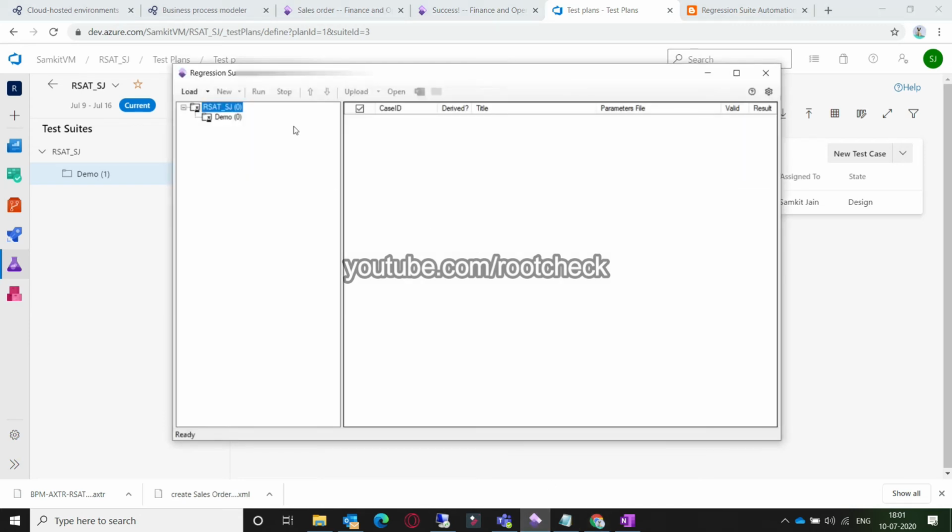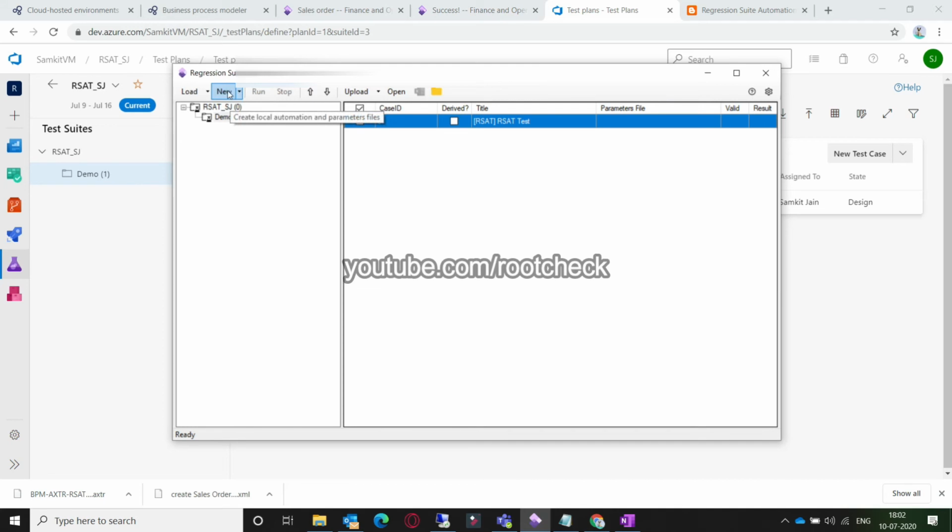Now from the RSAT tool you just need to click on the load button, and it will load our test plan and test suite. Double click on that test suite. Now you can see the test case. The first time you need to select the test case and click on the new button.